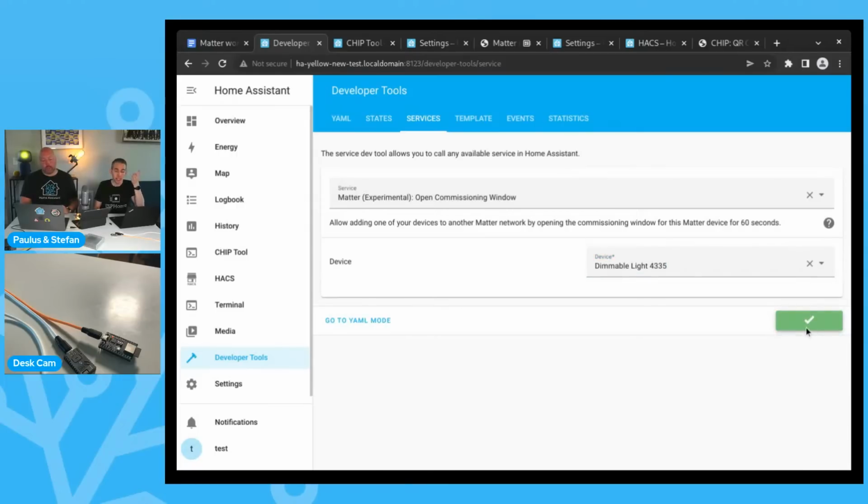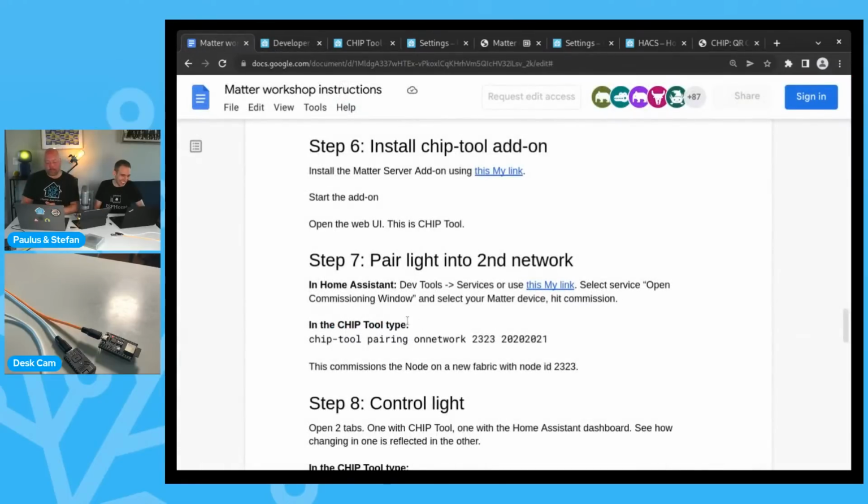So I call that service, and that actually activates a timer, which I think is 5 minutes. So after 5 minutes, this device goes out of commissioning mode. So we're on a clock right now, but it's 5 minutes. It's okay. And so what we do next is we use that chip tool command to basically pair